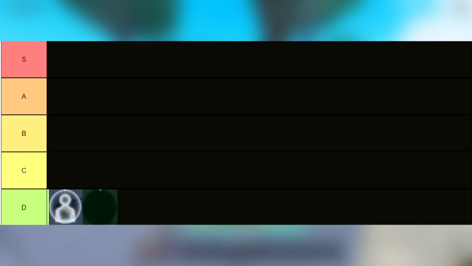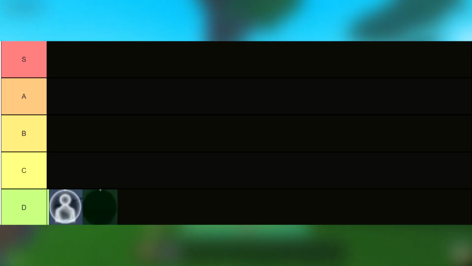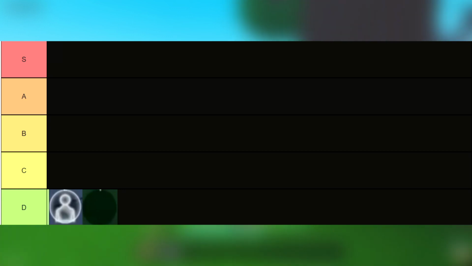Once again, I'm here to show you a tier list of all the quirks, and here I'll be starting from the bottom to the top. So let's start with the first quirk. It's Quirkless. The reason I put Quirkless in D is because it has no quirks, so I mean it's nothing really. And the reason I put Invisibility above Quirkless is because at least